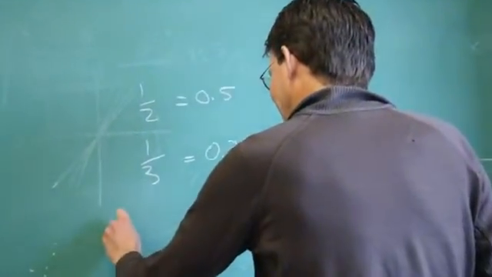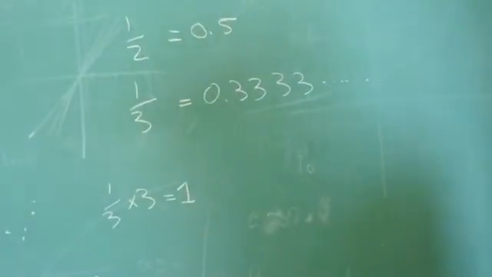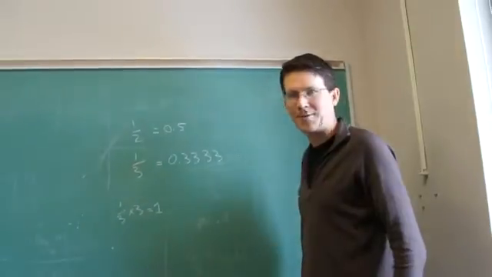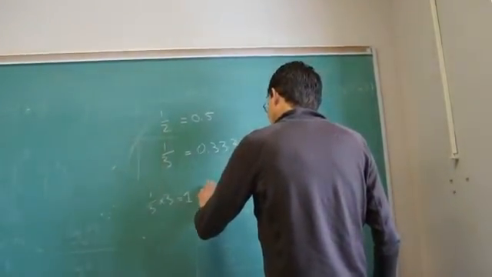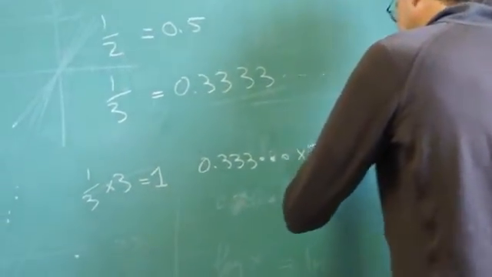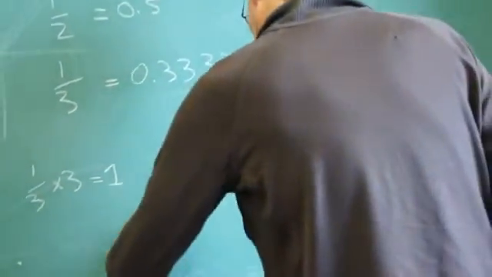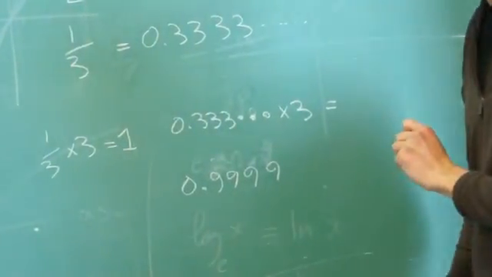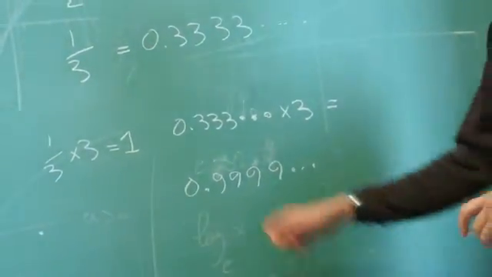So then I thought, well, okay, so if you take a third and you multiply it by 3, you should get 1. Of course you should get 1, right? So, of course, you can multiply decimals, right? If I multiply this decimal by 3, then I could do that too. I could somehow multiply it digit-wise. There's no carrying or anything if I multiply a 3 by a 3. So it looks like I'm going to get 0.99999